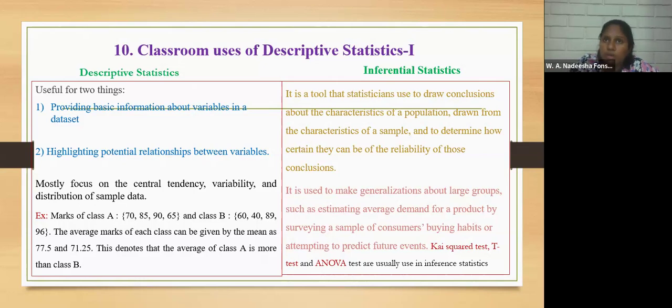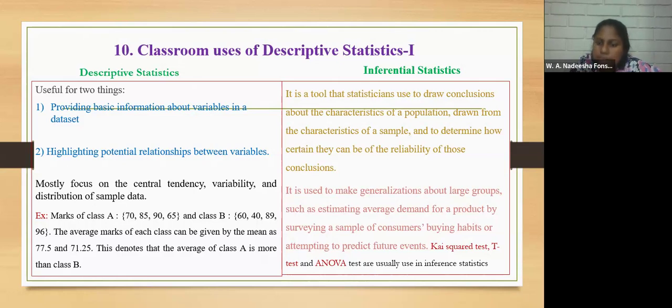We can estimate the demand for our product by surveying the consumers' buying habits, and then we can predict the future of that product. That is inferential statistics. So like that, by looking at the marks for a particular subject for the sample, we can generalize it for all island students